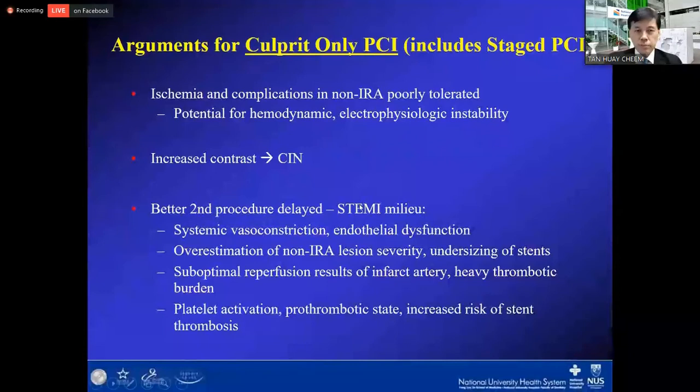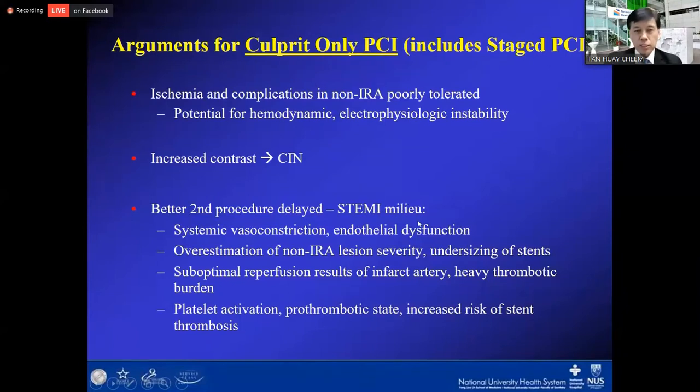Now, I think for the proponents of those who only do culprit-only PCI, the argument has always been that this patient is already a sick patient. Any form of ischemia and complications as a result of a non-infarct related artery PCI will be very poorly tolerated. And there's the potential for hemodynamic and electrophysiologic instability as a result of complications. Plus, the increased contrast can cause contrast-induced nephropathy, and oftentimes we may not have the time to know the patient's renal status. And it's always better to perform the second procedure on an elective basis and in a delayed fashion,